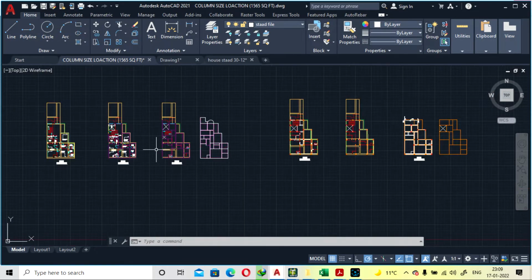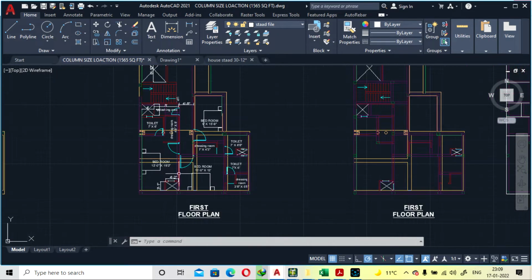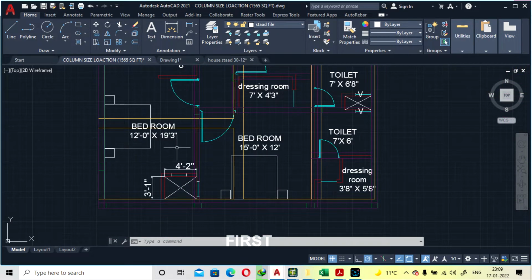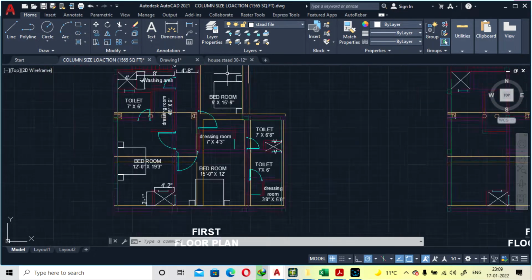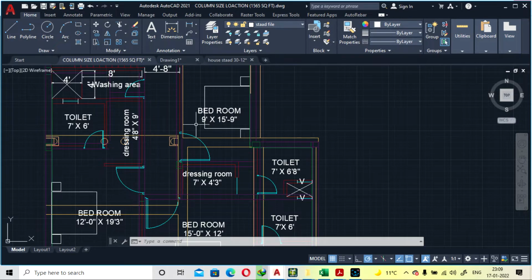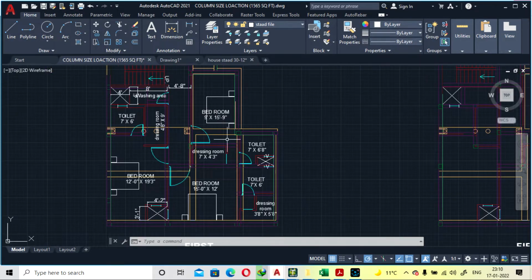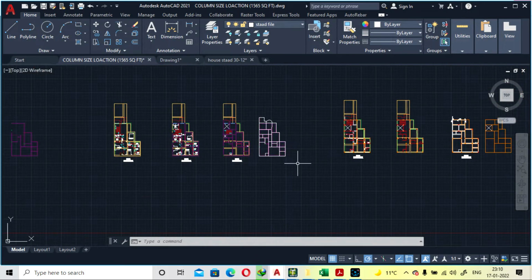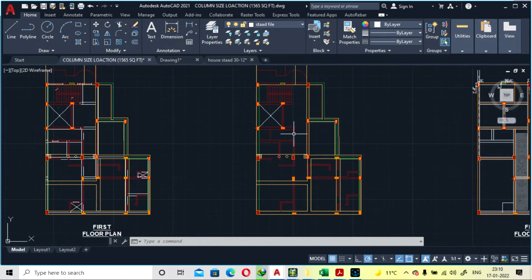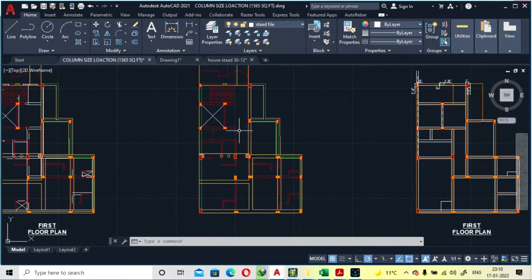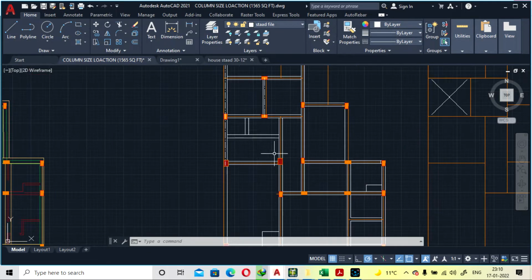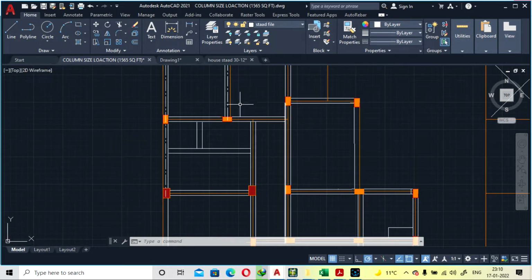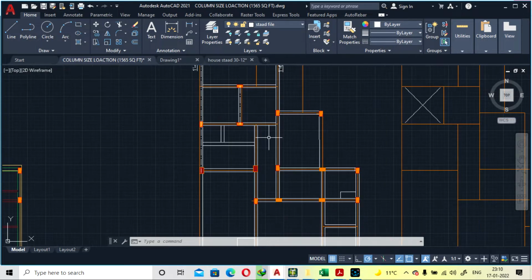So this will be our room, that is 12 by 19 feet. The second bedroom is 15 by 12 feet and our third bedroom is 15 feet by 9 feet. So 15 feet 9 inch by 9 feet, and in all the rooms toilets are attached. So this is the framing, and we have made the framing for this building plan. So this is the framing of our structure.